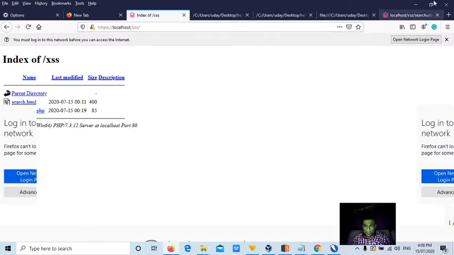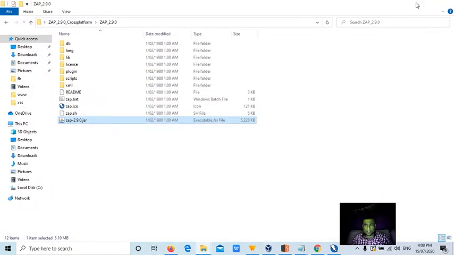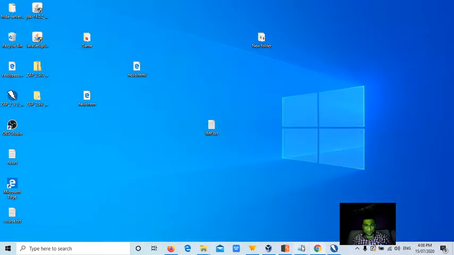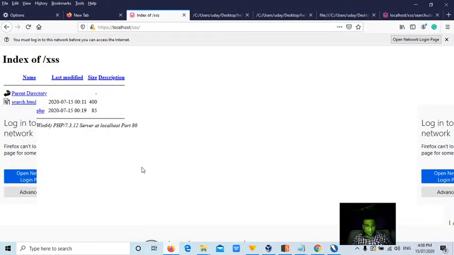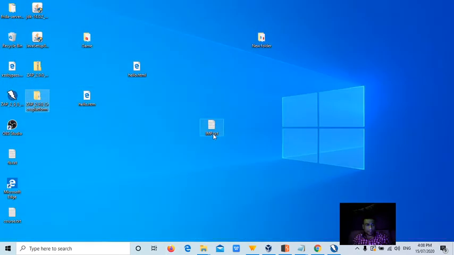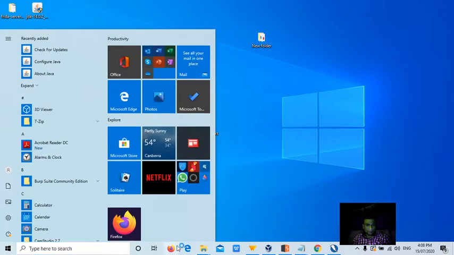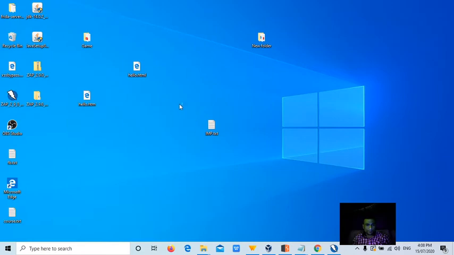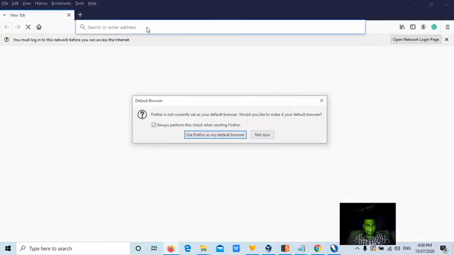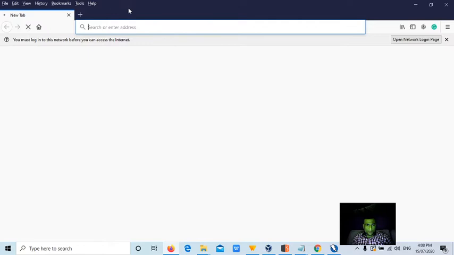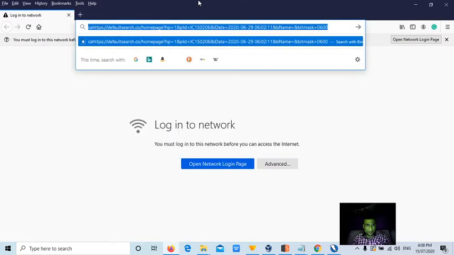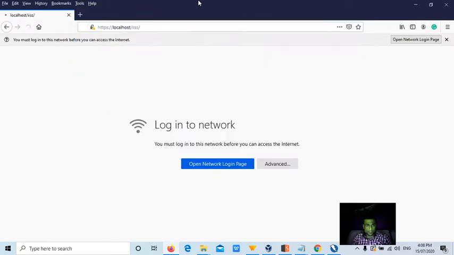Now what is this? This is some GUI error, guys. It's not related to the browser, so sometimes our operating system behaves abnormally. Let me close all the windows and localhost, localhost/xss.